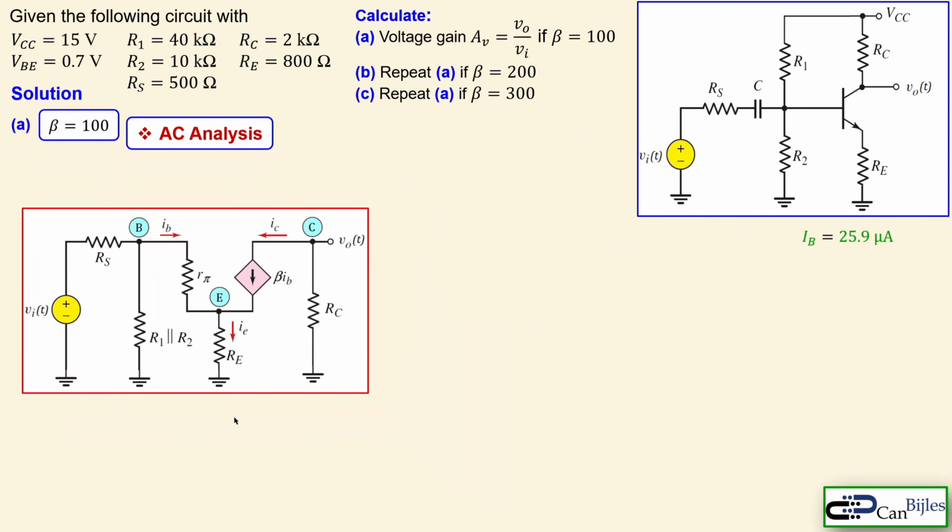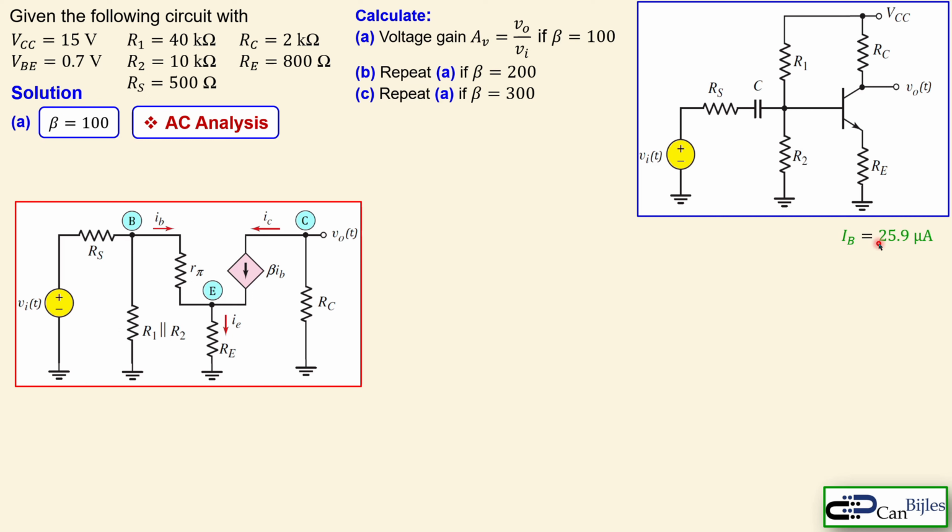Okay, let's bring them together. We have this IB required shortly. Okay, and we have this circuit. Well, let's move on and first designate the two parameters, which is the impedance in the base, so ZIB, and we also have this, the ZI, which is the input resistance or impedance at node B. So going in here or going in there, there are two parameters depending on how you look at your circuit. So ZIB